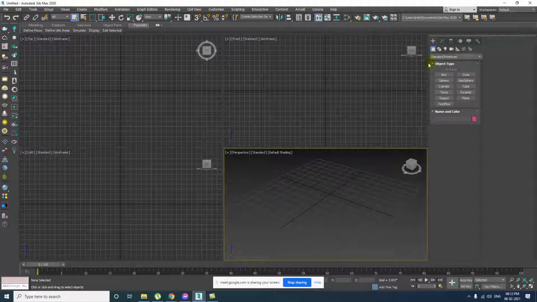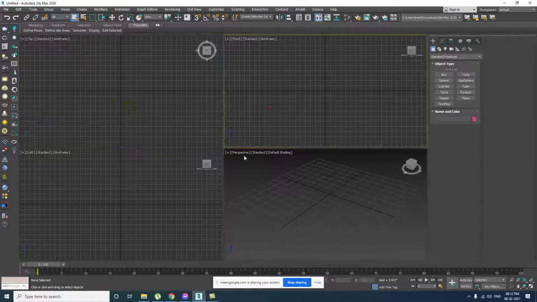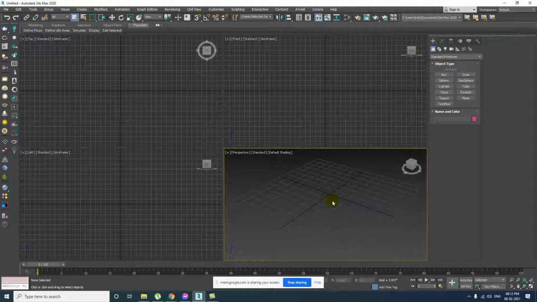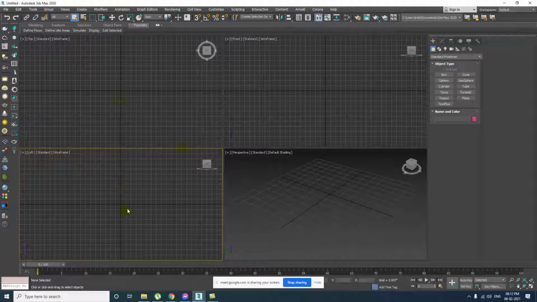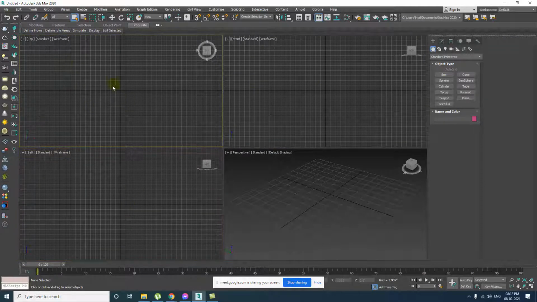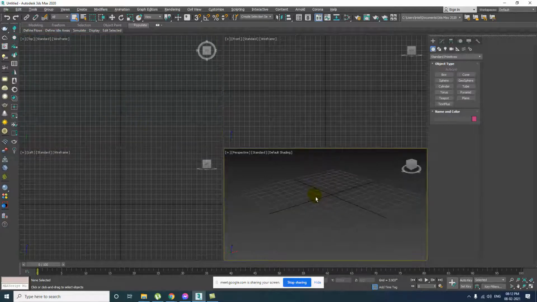Okay, so let's draw something. This is the interface. Now let's draw something with the help of an object. I can explain better, because right now it's top, it is front, it is left, looking almost the same. Do you agree with me? If you see the top, the interface looks the same, the grid, these lines, the box which you are seeing over here is the grid.